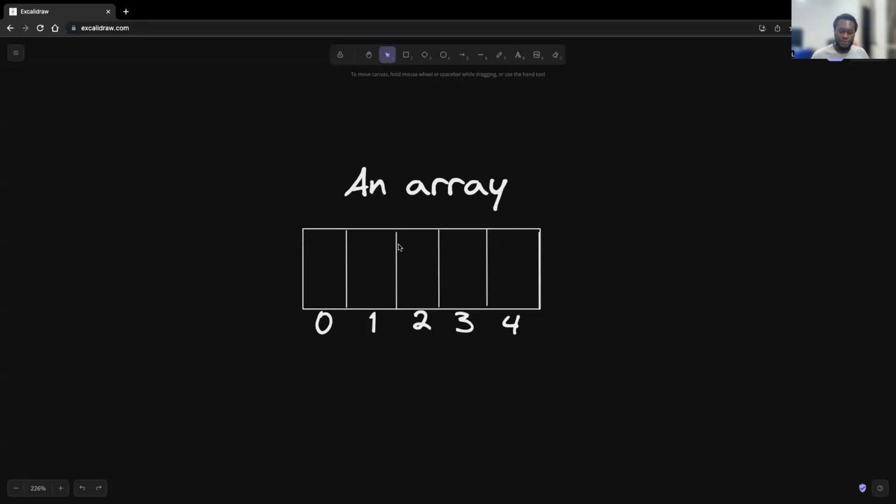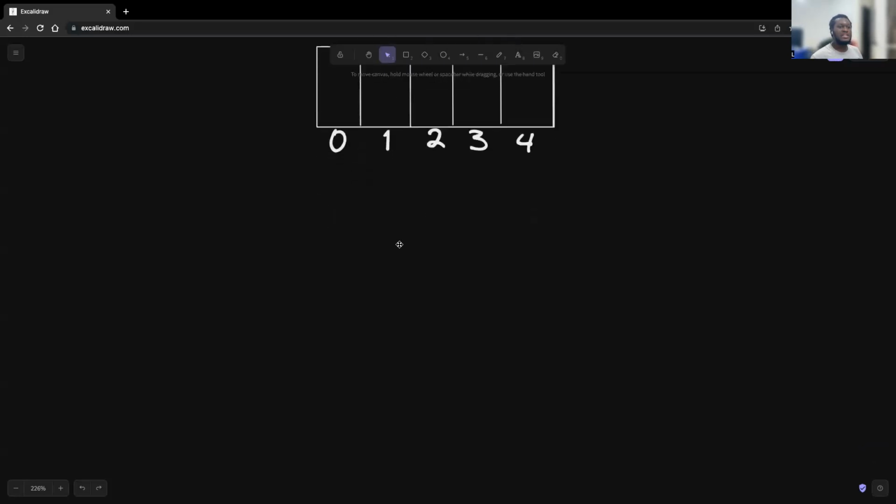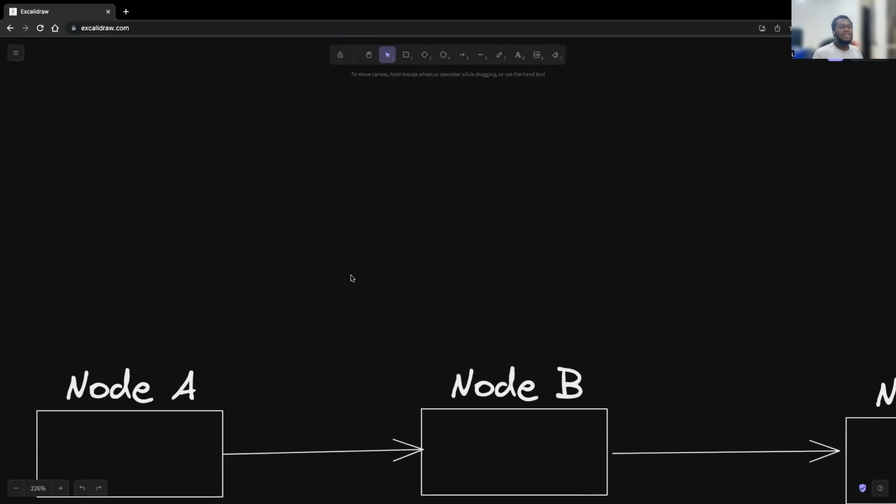Or you're probably querying your server to get the list of products in your cart. You could add to the cart, you could remove from the cart. So this is an interesting place where you need a substitute to an array. And that substitute can be a linked list. The way the linked list works that is different from an array is that